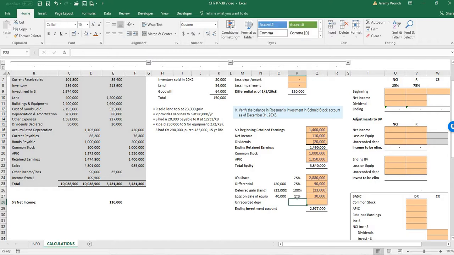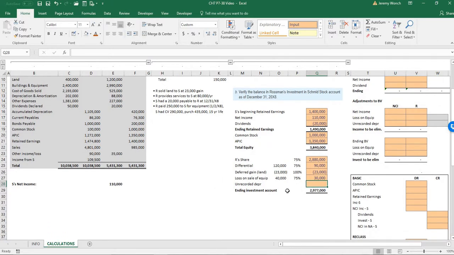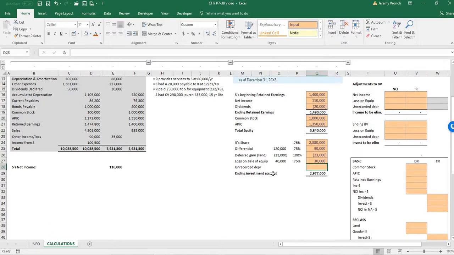And so the next is, since the subsidiary sold equipment up to the parent, it stopped depreciating that equipment. And so that unrecorded depreciation, we're going to have to go ahead and add that back. And so the difference